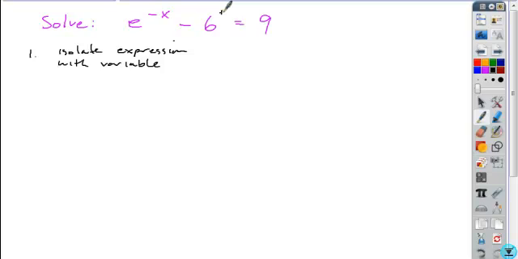Okay, so here we would add 6 to both sides. So you get e to the minus x is equal to 15. And then your next step would be to do one of two things, and they really wind up becoming the same thing. They're both the same thing. But if you take the log of both sides,